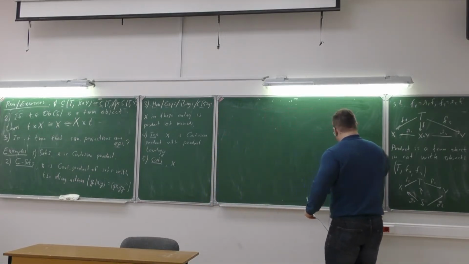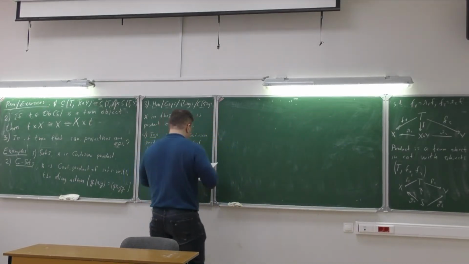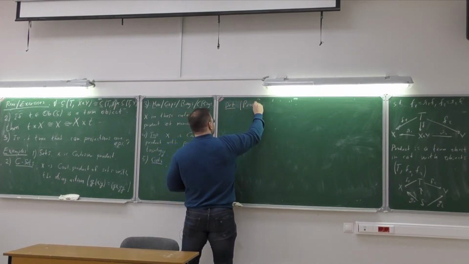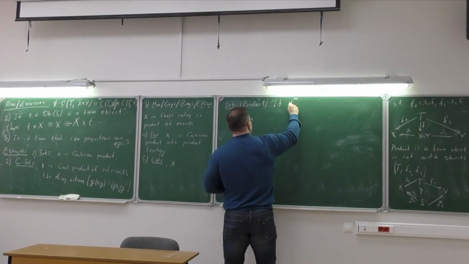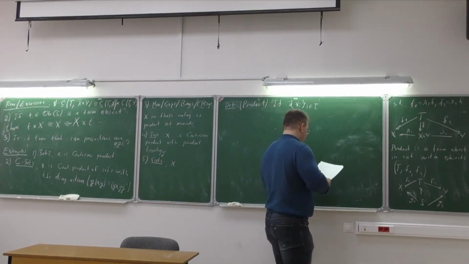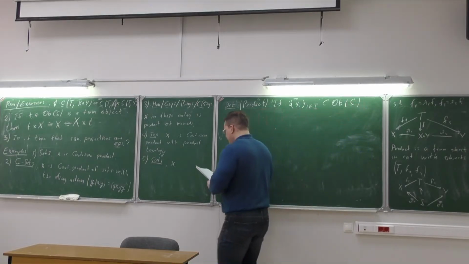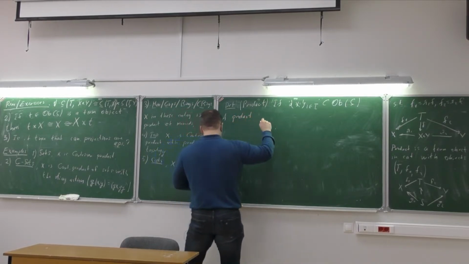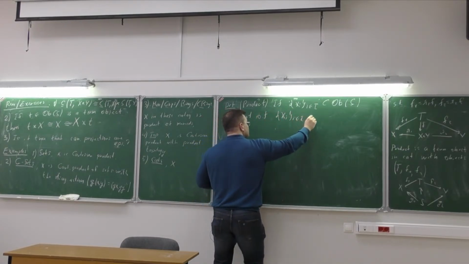And we can generalize them to the situation where you have not just two objects but a set of objects. So, definition of a general product. If we have a family of objects parameterized by a set I, so this is a set of objects in the category C, then a product of this set of objects is, again,